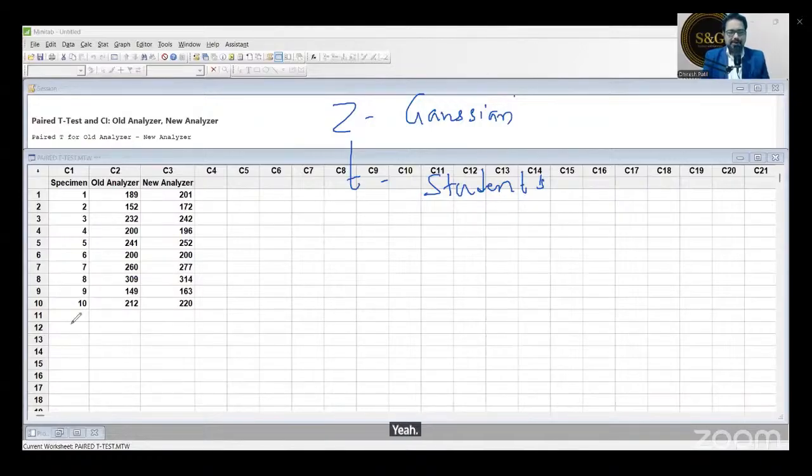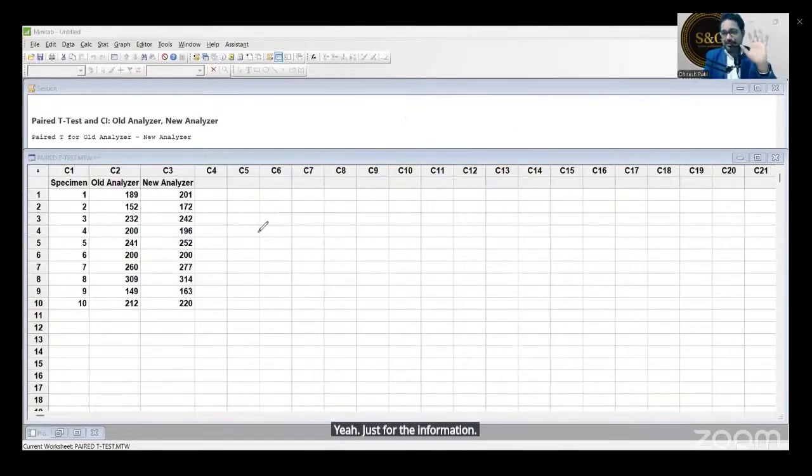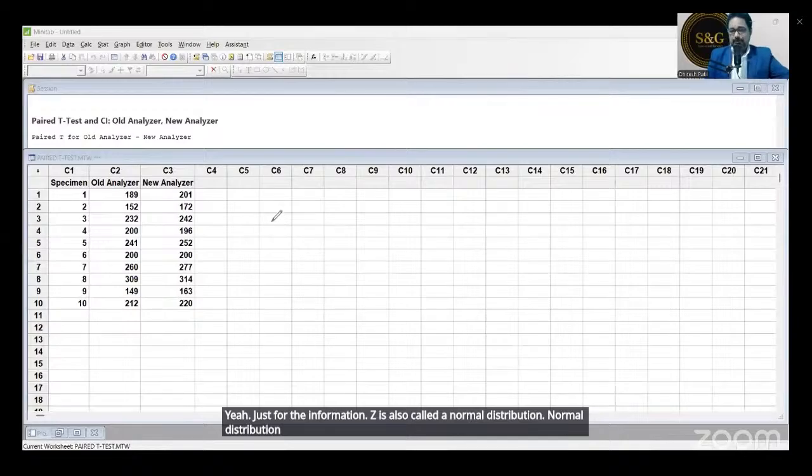Just for the information, Z is also called the normal distribution. Normal distribution is nothing but the Z distribution.